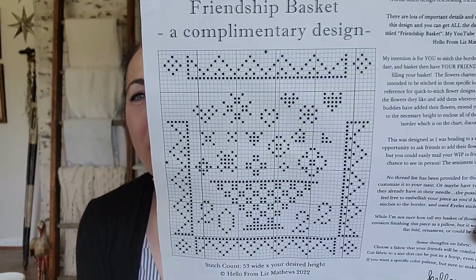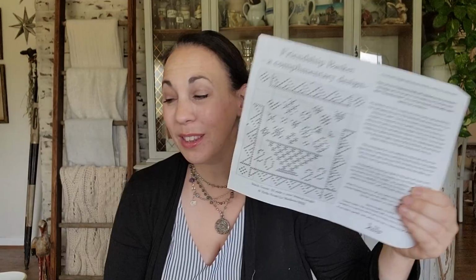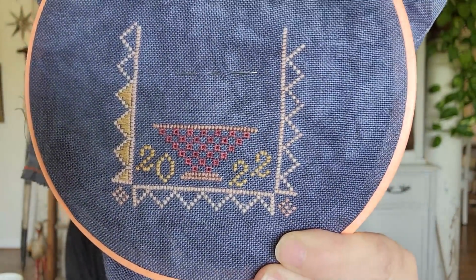And I hope that you like this idea, this design. Each person's flower basket will be completely different. I started filling mine in with satin stitches. I decided to do my basket in eyelet stitches. I chose a color palette of gorgeous threads from Almond